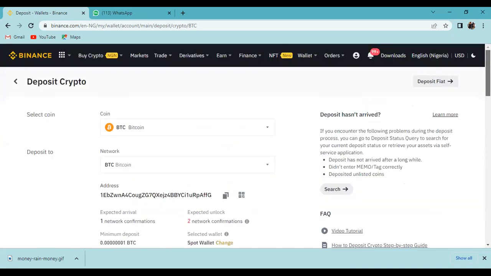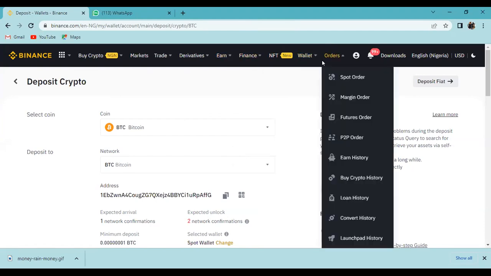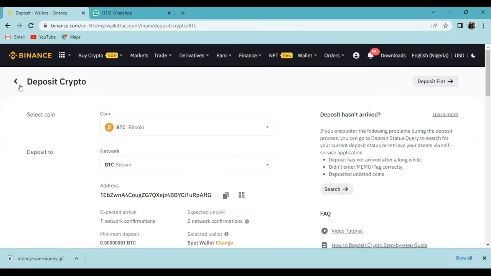So when you receive it, since you sent to your spot wallet, it's going to be in your spot wallet. So we leave it there. And then you can convert it to USDT so that you can take away the volatility of Bitcoin, or any other stable coin that you like. So once that is done, let's say we already have that. We want to start with spot trading.